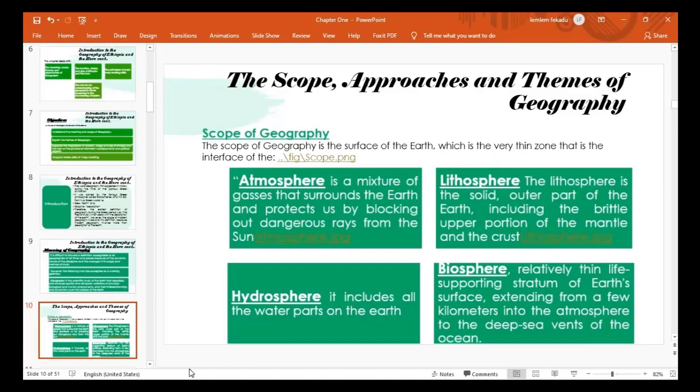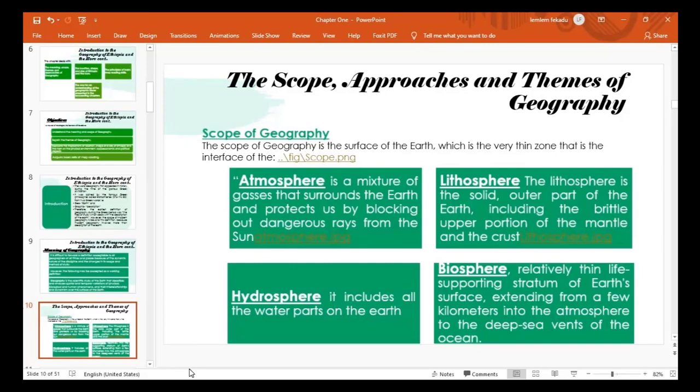So, geography is generally a holistic and interdisciplinary field of study, contributing to the understanding of the changing capital structure from the past to the future. Therefore, the scope of geography